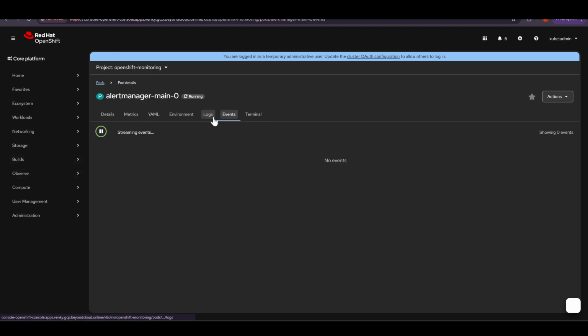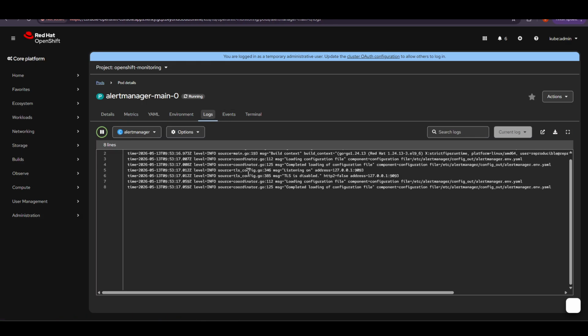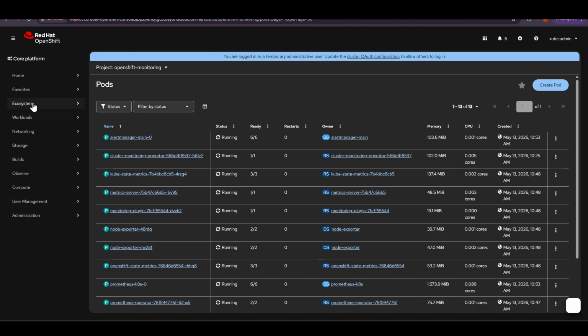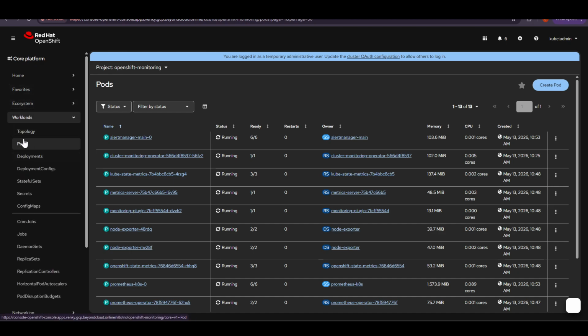All right. So for the first activity, we are supposed to understand the pod and the events, logs, and all those things. Now events will start generating if you are doing something or if your pod is performing some activity. The best pod for that is basically going over to pods